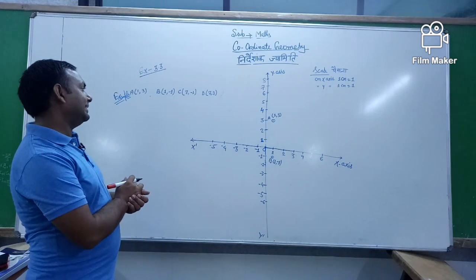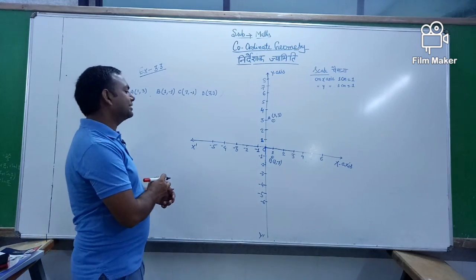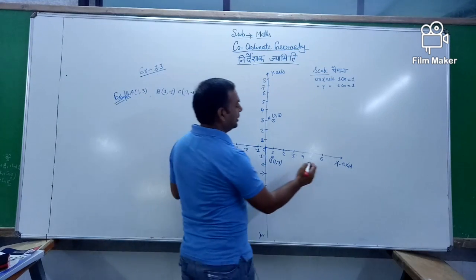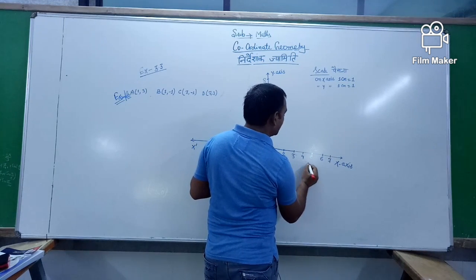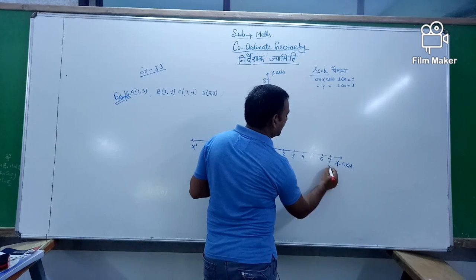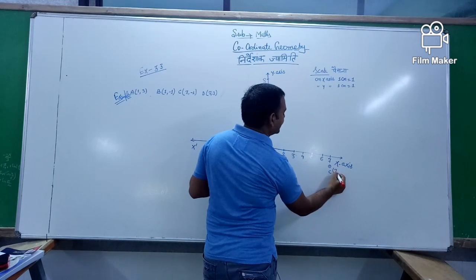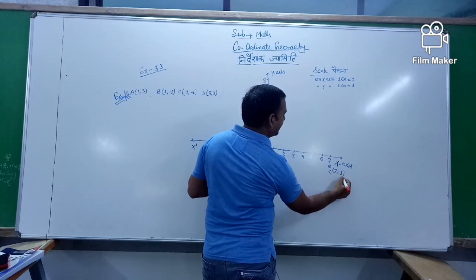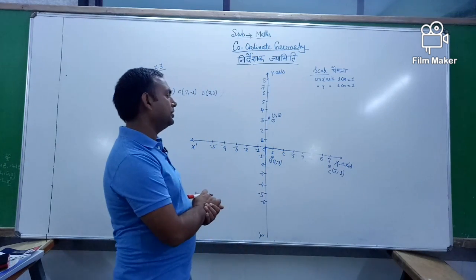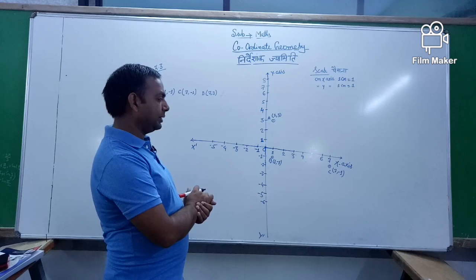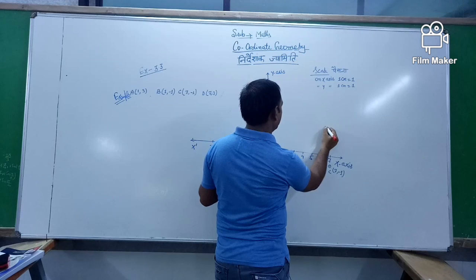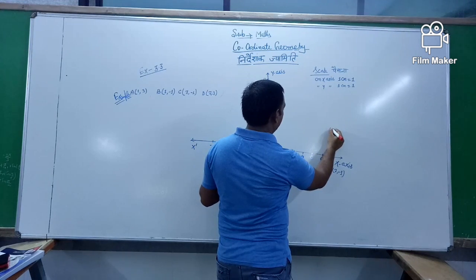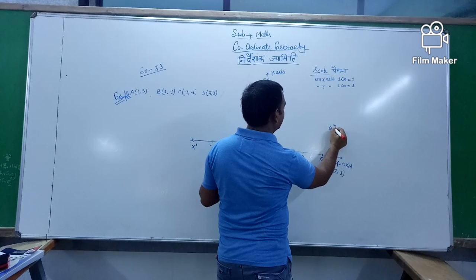Then you take the next point C, x is equal to 7 and y is equal to minus 1. Suppose that this is the 7. So x is equal to 7 and y is equal to minus 1. So this is point C. Next, another point you take, x is equal to 7 and y is equal to 3. It means it is like that point. That point is D. X is 7 and y is 3.